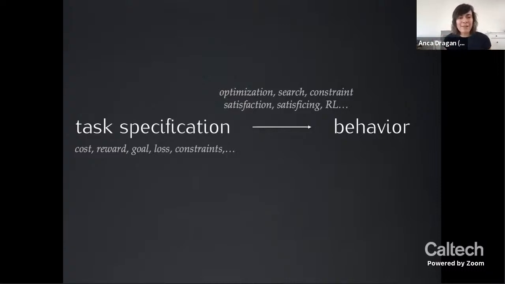But what's really, I think, somewhat ignored, what we sweep under the rug, is just how hard it is to write down the correct task specification to begin with, right? How do you capture comfort for an autonomous car? How do you trade off between safety and efficiency and not crossing the double yellow line, right? We sometimes think that constraints will save us, but they're just as bad, right? What threshold do you set on the probability of a collision? And what happens if you can't both meet that safety threshold and not cross the double yellow line, right? You have to make some sort of trade-off there.